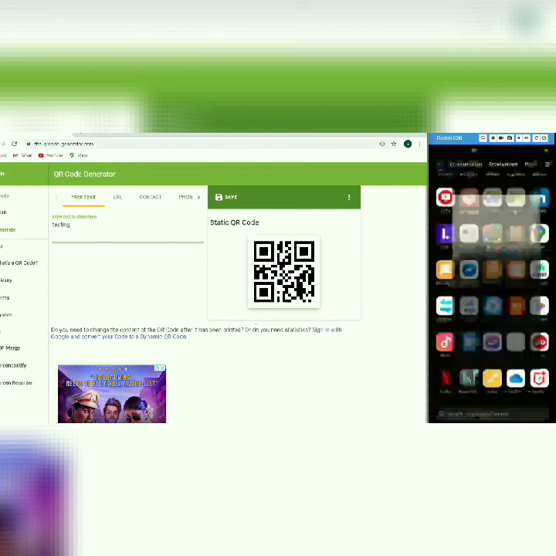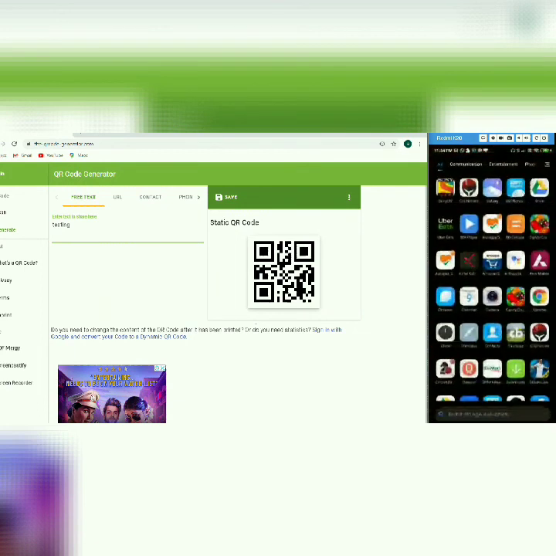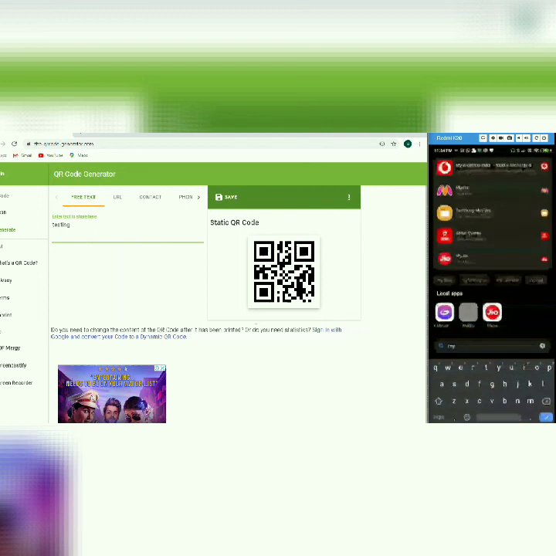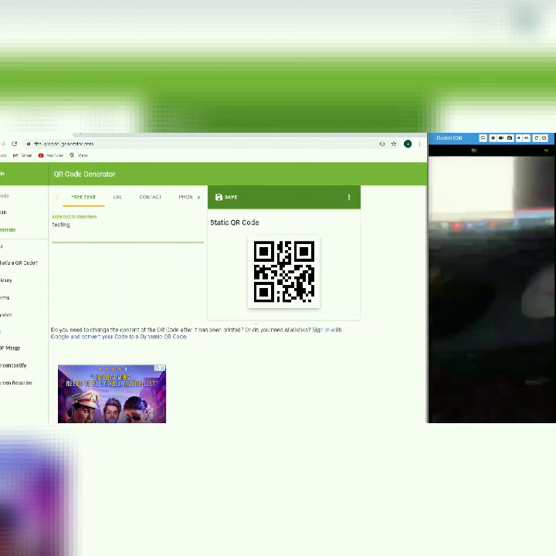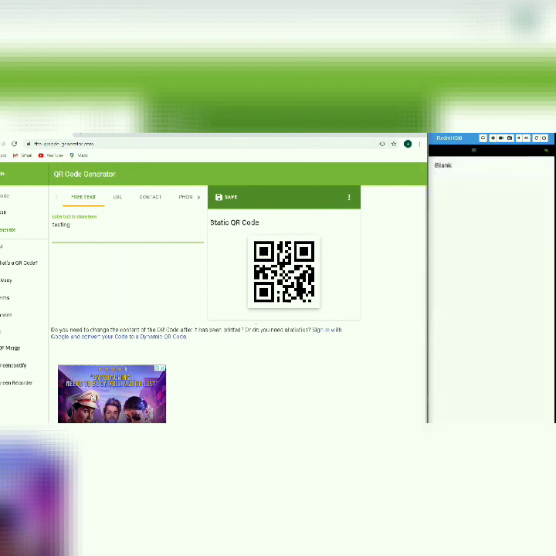We have generated one testing QR code. Open the application. It will first show the transparent view and you can scan the code and you can see the toast here with the text testing. So it is working with show camera and hide camera functionality.